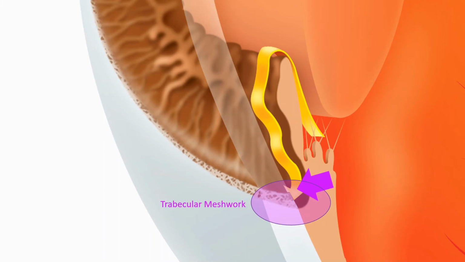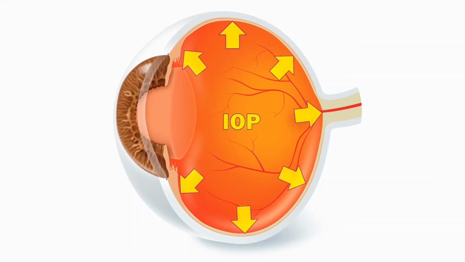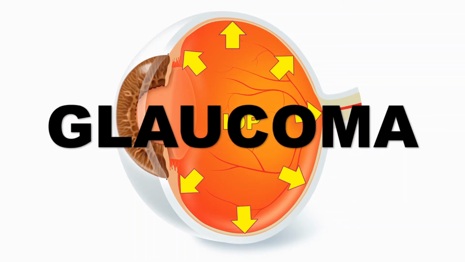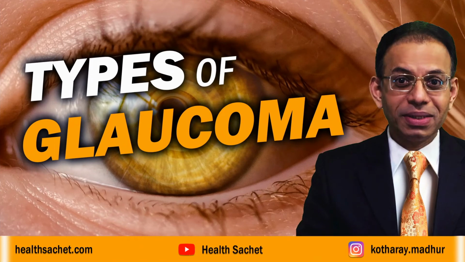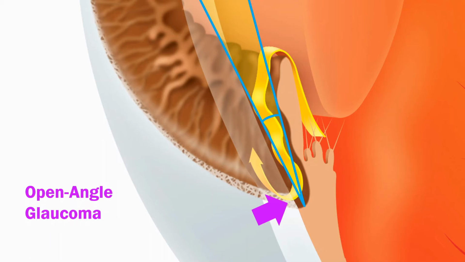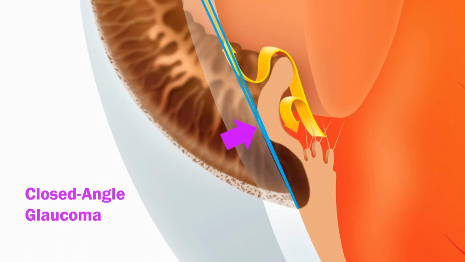When this drainage mechanism is somehow hampered, the aqueous humor cannot drain out of the eye. It keeps accumulating inside the eye, building pressure and damaging the vision. This condition is called glaucoma. There are two possible ways the fluid flow may get hampered. In open-angle glaucoma, the fluid drain gets clogged. In closed-angle glaucoma, the fluid gets blocked during its flow path before it even reaches the end drain. There are at least 3 different ways diabetes can lead to glaucoma, causing either of these glaucomas.